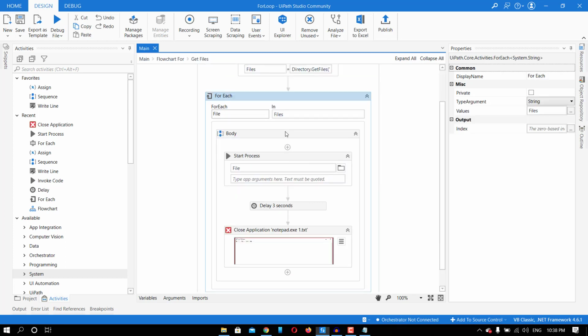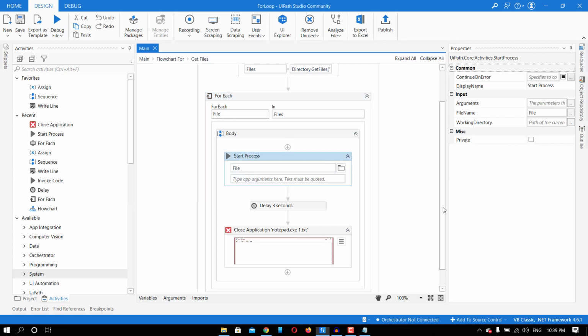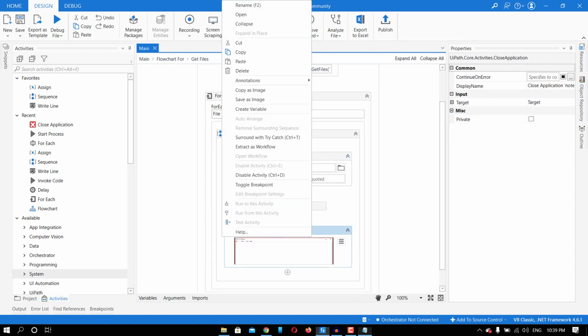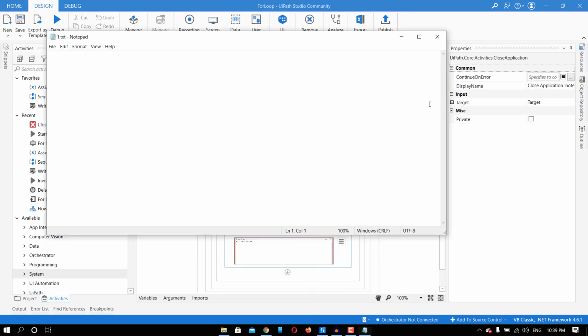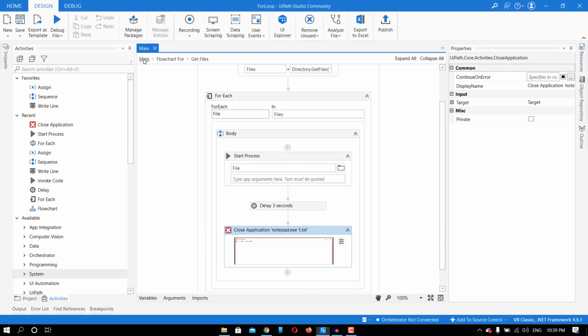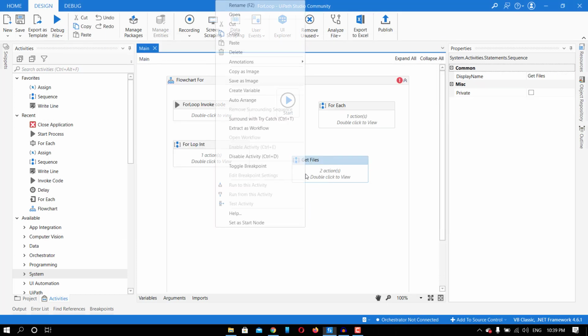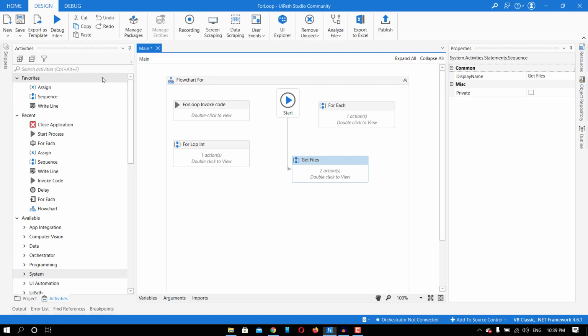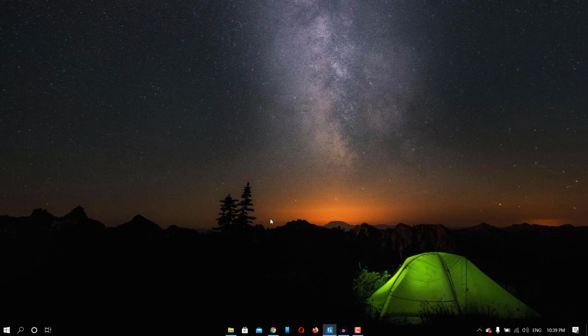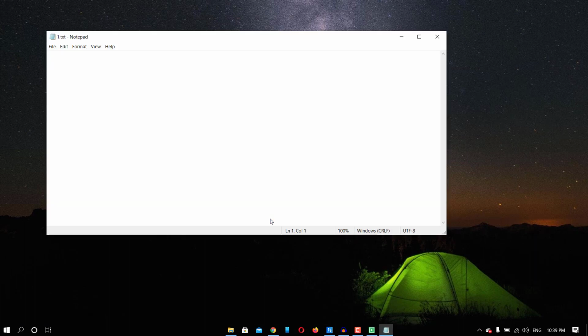So it will take the first file, then I'm opening that file, giving a delay of 3 seconds and then closing that file. That's all. So let me close it manually and then we will run this process. You will see it will open each file one by one and it will close it after 3 seconds.